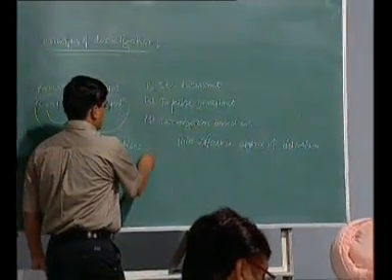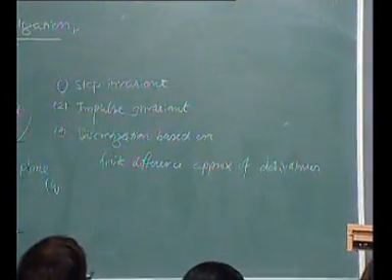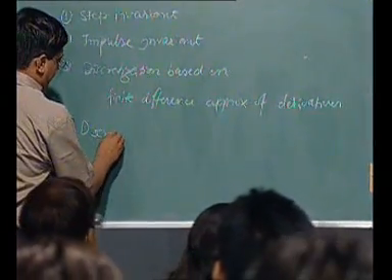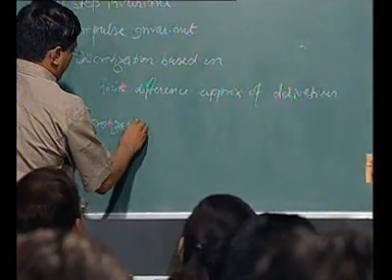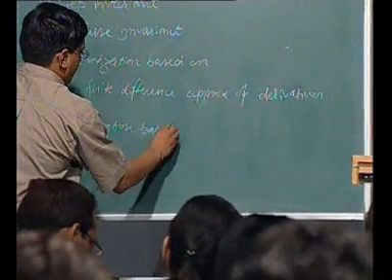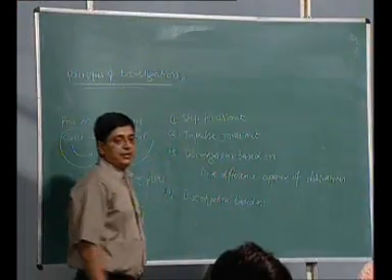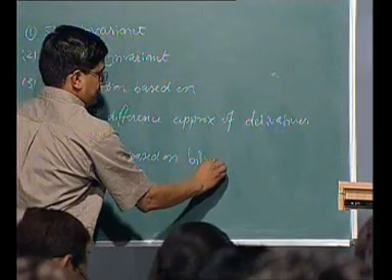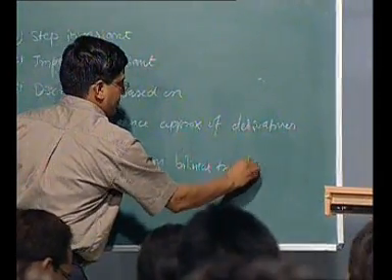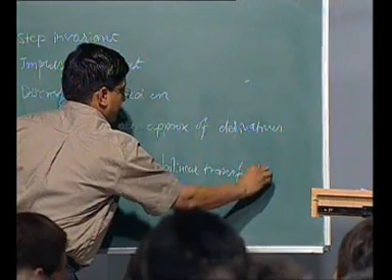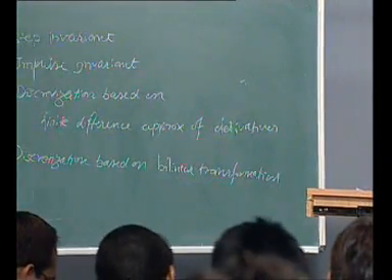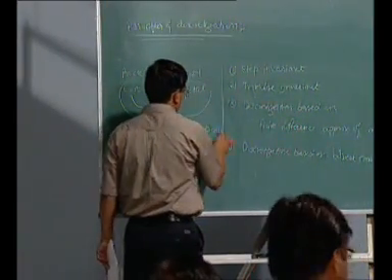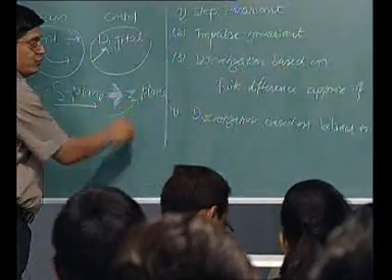And fourth one is discretization based on bilinear transformation. With these 4 methods, we can map S plane to Z plane,